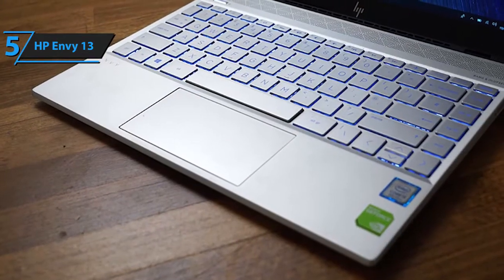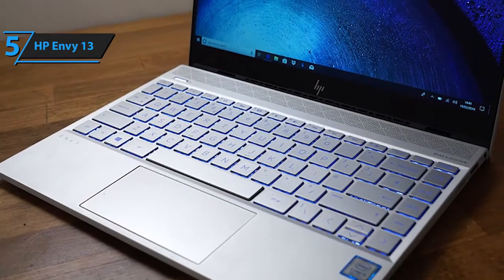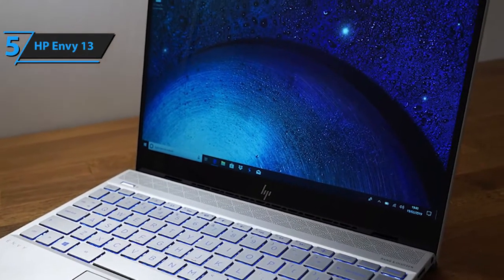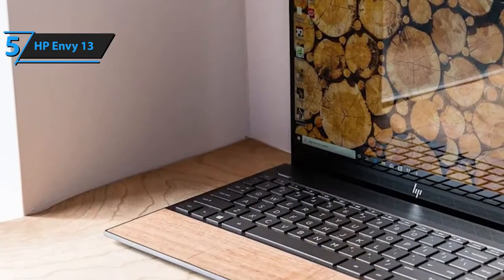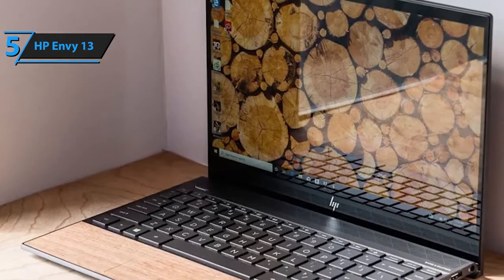Let's start from the very top. This laptop has a 13.3-inch display, which is not necessarily perfect, but it's pretty great for the buck. You'll have a clear overview of your work table, movies, games, or pretty much anything you intend to use this Ultrabook for. What's more, it is 4K capable and features IPS Micro Edge touchscreen, which means that this Ultrabook offers